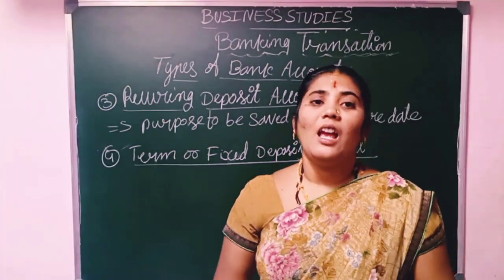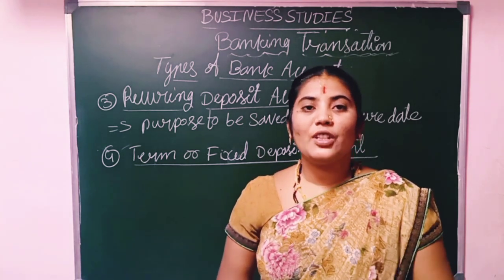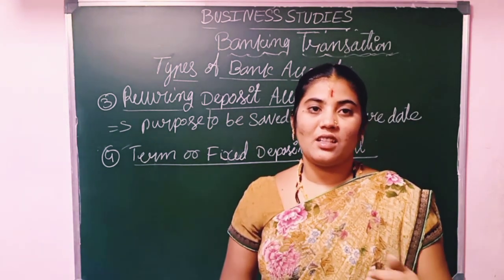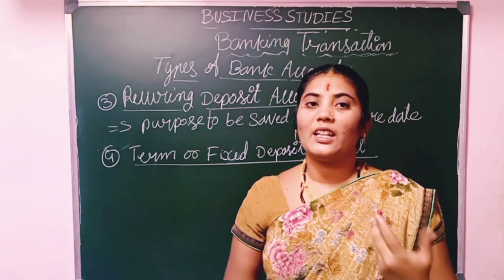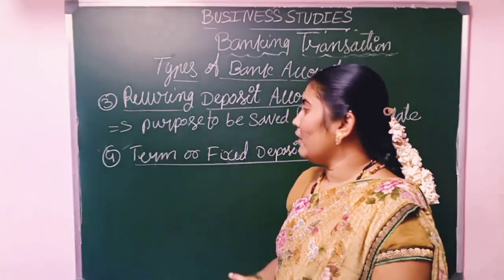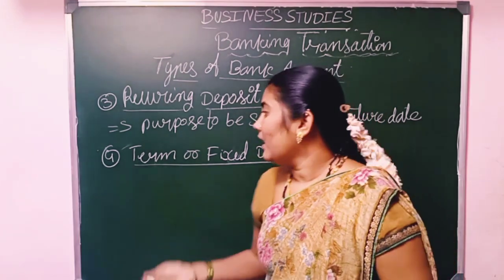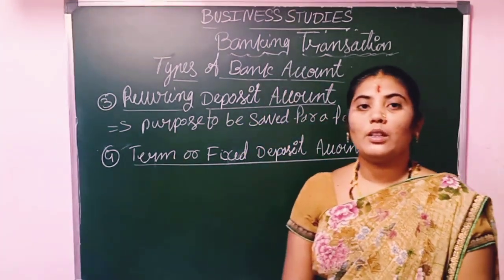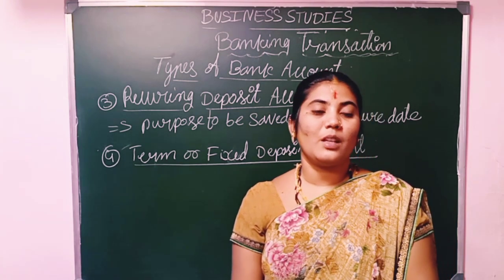Finally, on completion of a particular period, in the sense of 3 years or 5 years, at the completion of that period we can get back our amount with suitable interest. This is all about the recurring deposit. Then how they ask the question on this recurring deposit, this is the applied question, they may ask it like this.